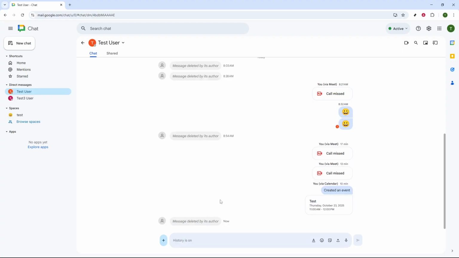your chat history. This method provides a simple, efficient way to manage your digital footprint and keep your conversations neatly